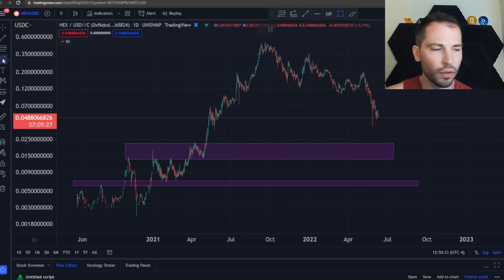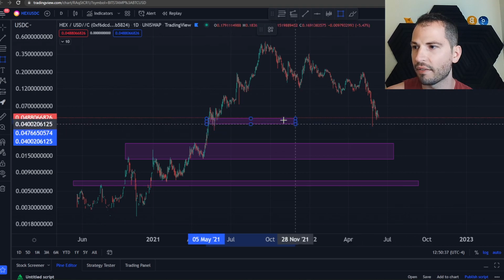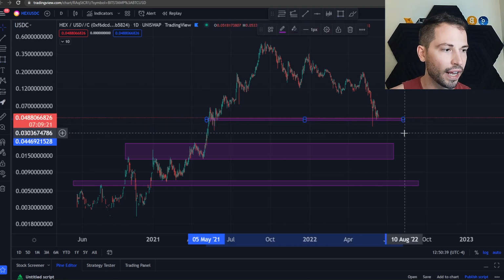Either HEX is going, this is the bottom with Bitcoin, and we are going to rally up, and it's going to be an amazing day. And that's the bottom that we're at right now. But I truly believe we did not bottom. If you look at the Fed, you look at what's going on with the macroeconomics, it's not looking too good with raising rates. QT not looking good for risk on assets. HEX is definitely a risk on asset in my humble opinion. So I don't think we bottomed.